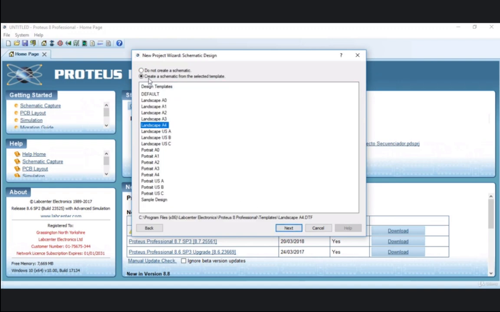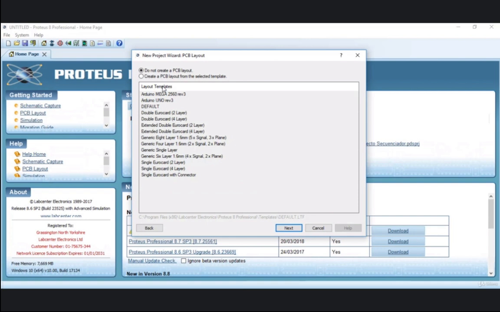Next, create a schematic from the selected template. For A4, we will be using the default. Next, and do not create a PCB layout. For now, we will not be creating a layout for this.